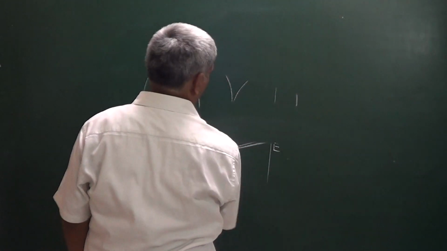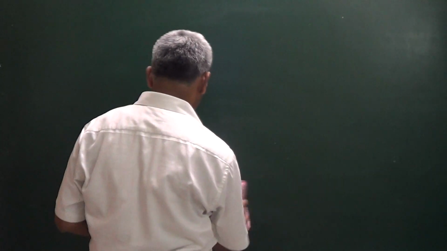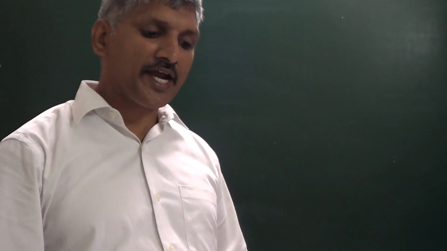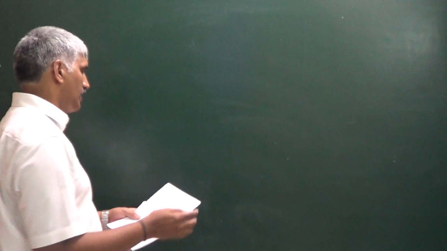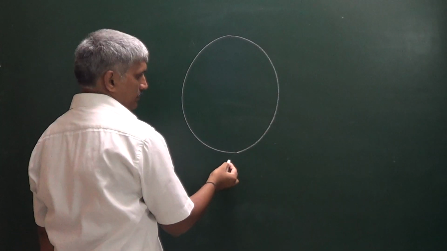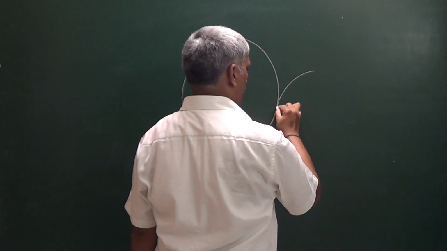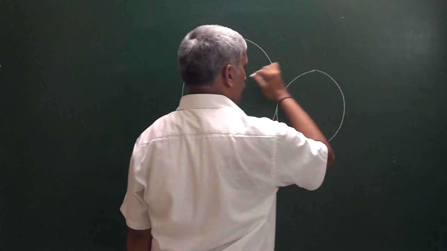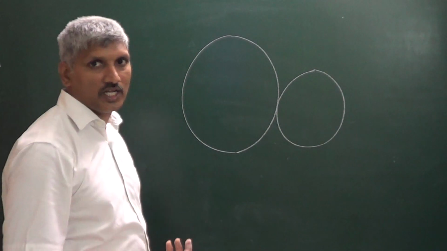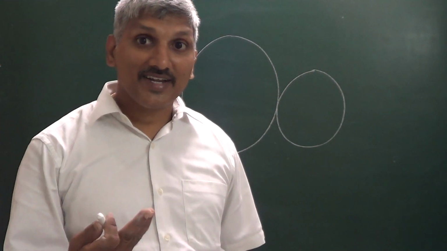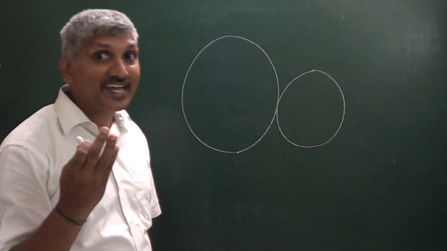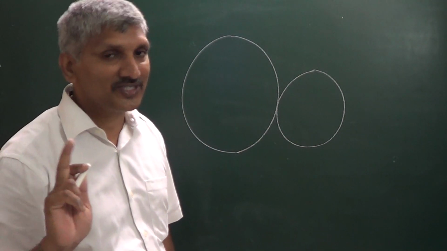So one other important point for objective exams. Now the last question: two circles having radii 9 and 3 touch each other externally. This is one circle whose radius is 9. This is another circle whose radius is 3. These two circles touch each other externally. No doubt he is saying 9 and 3. Radii are in the ratio 3:1. So the angle between direct common tangents is equal to 60 degrees.